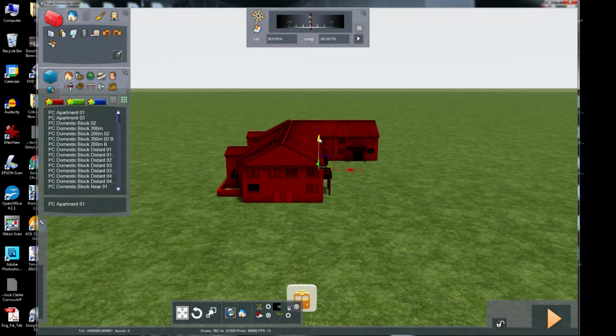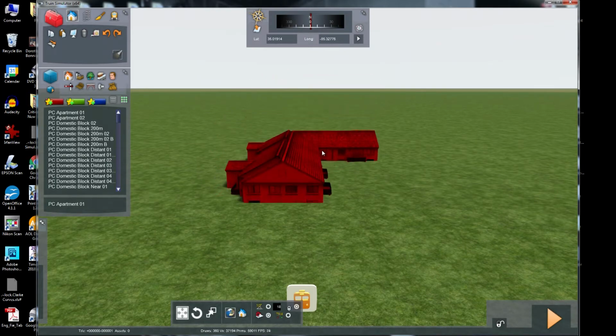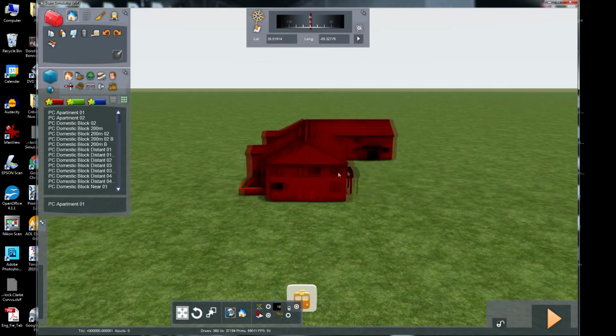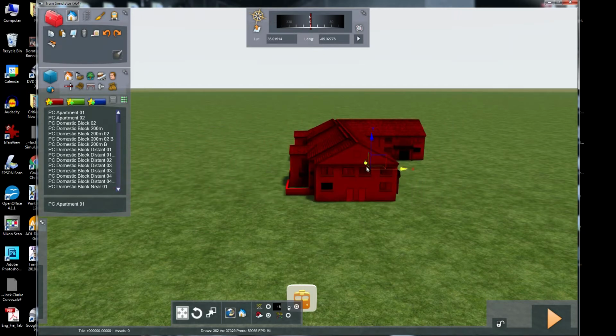Here you see a little X and Y control. I can make it disappear under the ground. I can make it come above the ground, depending on what the scenery terrain is. Here's my tool for moving